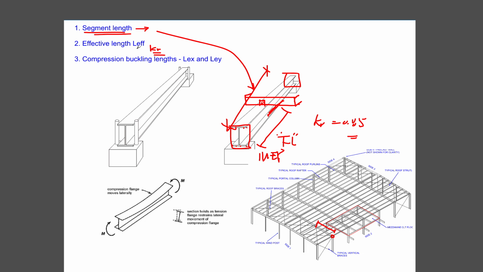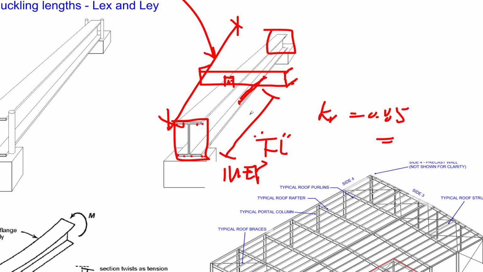That means your segment length times 0.85 gives you the effective length. That is about 15% smaller than your segment length to do your bending analysis,